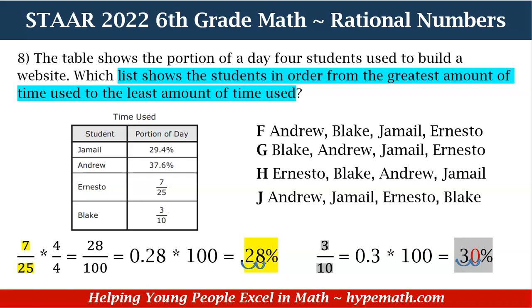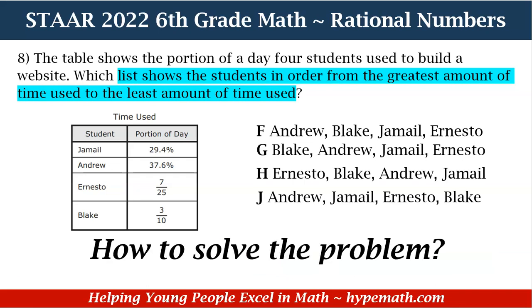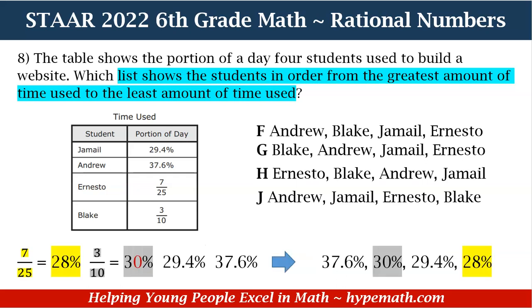Okay, so we now know that 7 over 25 is equal to 28%, and 3 over 10 is equal to 30%. How are we going to solve this problem? Well, what we're going to do is just write our numbers down, which are 28%, and they're still color-coded, so we can remember what fraction and the percent goes with what. We have 30%, 29.4%, 37.6%, okay? They're not written in any order on the left-hand side, but on the right-hand side,